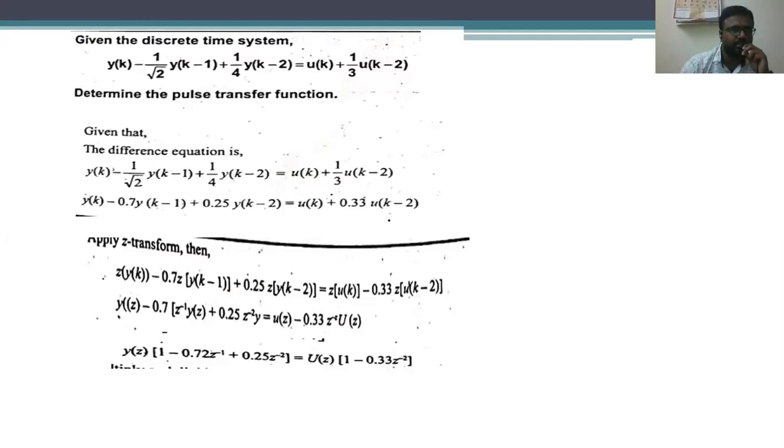In the past classes, I told you that the pulse transfer function is equal to the Z transfer function. The pulse transfer function is also called the Z transfer function. Z transfer function means we have to obtain the value of Y(z) divided by X(z), or the input given as U(k). That means we need to determine only the value of Y(z), because the Z transform of the unit impulse is 1.